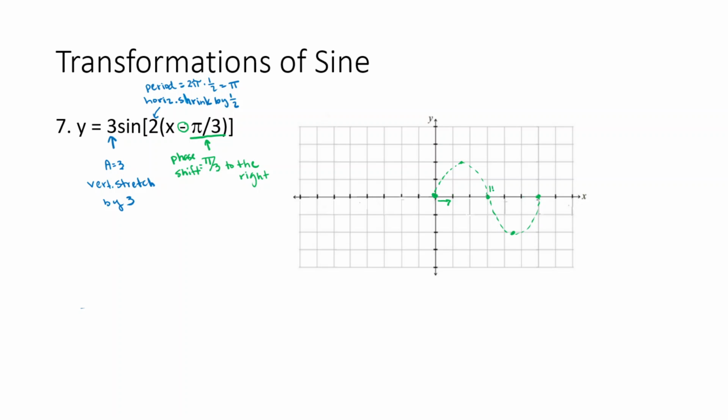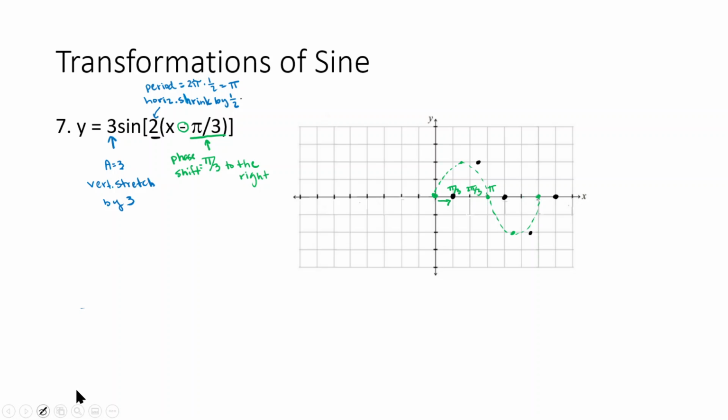Well, if this is pi, this will be pi thirds and 2 pi thirds. So I'm going to move this point to the right, and it'll end up right here. I'm going to move this point to the right, and this one to the right. Every point gets moved to the right one. And then the 3, well, okay, now let's take this pi halves. Okay, so now